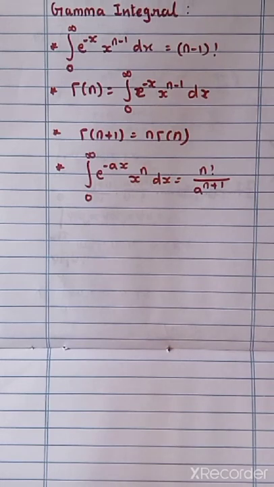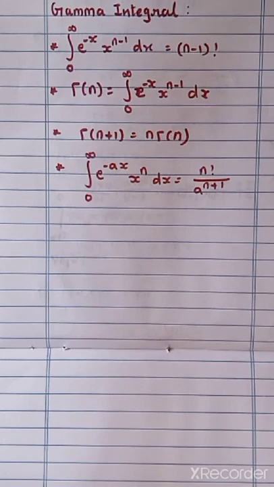Last class we saw reduction formula. Today we are going to see gamma integral. So when can you use gamma integral? When the given integral is a special improper integral, then you can use the gamma integral. Special improper integral. So improper integral, now what? The limit will be either 0 to infinity, or infinity to 0, or minus infinity to infinity. This is your improper integral.